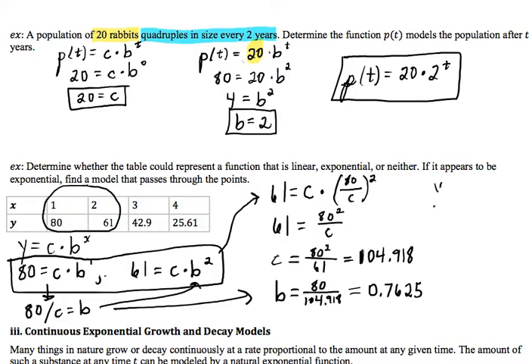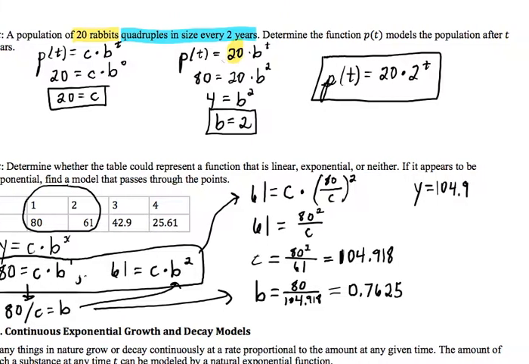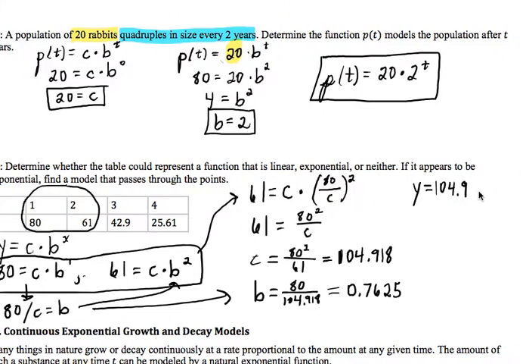Okay, so our model then is y equals c times b to the x. So 104.9 times b, which is 0.7625 to the x. Okay, there's our model. Now, if this is an exponential function, then this